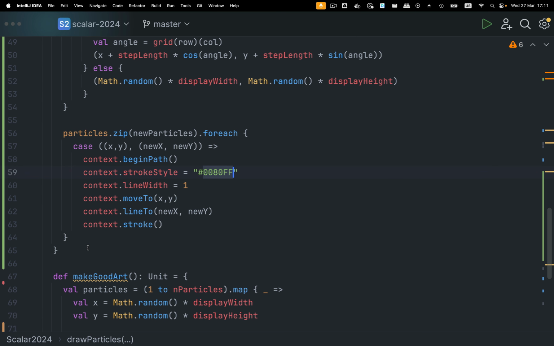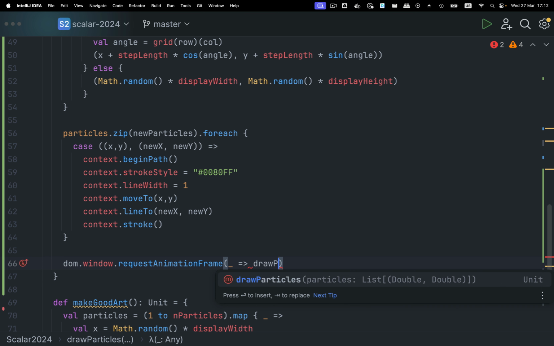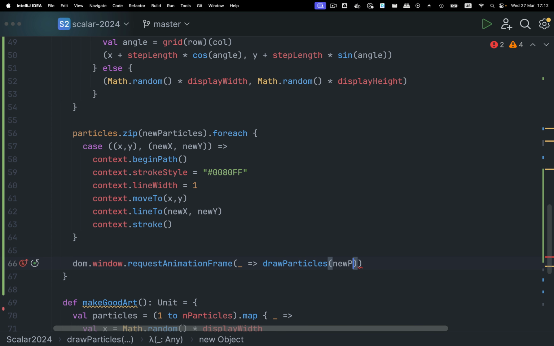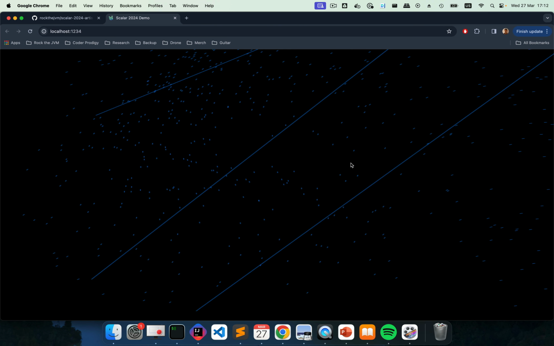So what I'm going to do is after the particles, I'm going to run a JavaScript API called request animation frame, which in Scala.js is dom.window.requestAnimationFrame. And the callback is a simple Scala function to draw the particles at the new positions. So new particles. Now, if I save that, we're going to see these particles moving across the screen